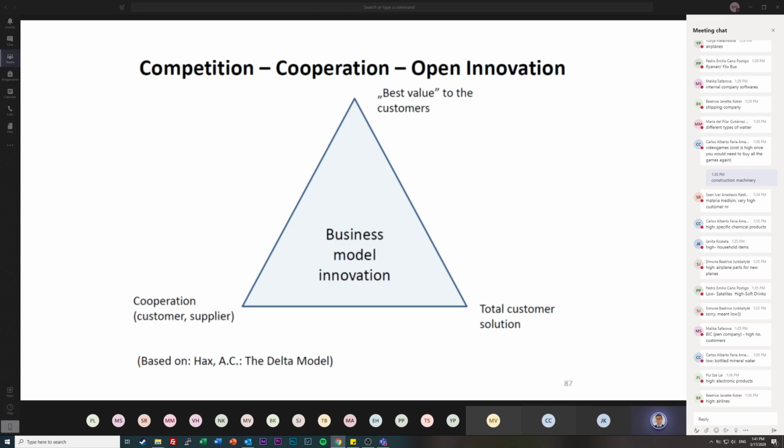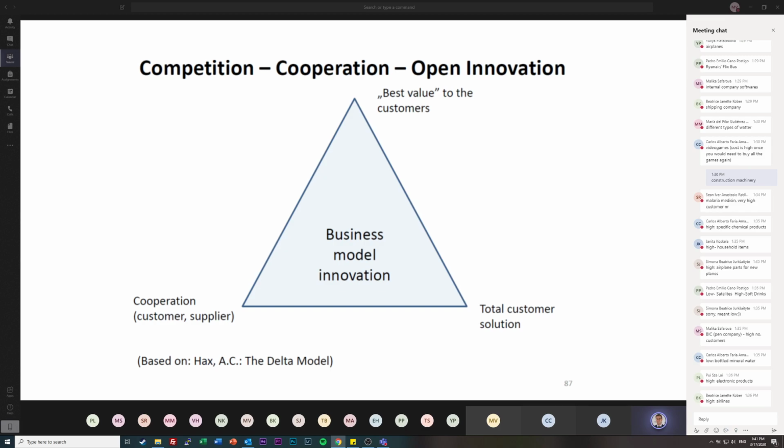On the other hand, there are companies that are trying to share as much as possible with customers and suppliers. They are sharing ideas, innovations, software, and so on. That is cooperation, the case, for instance, of the IT companies. The IT companies have a business model oriented more on cooperation. And the example of the total customer solution could be the companies that are more oriented on the